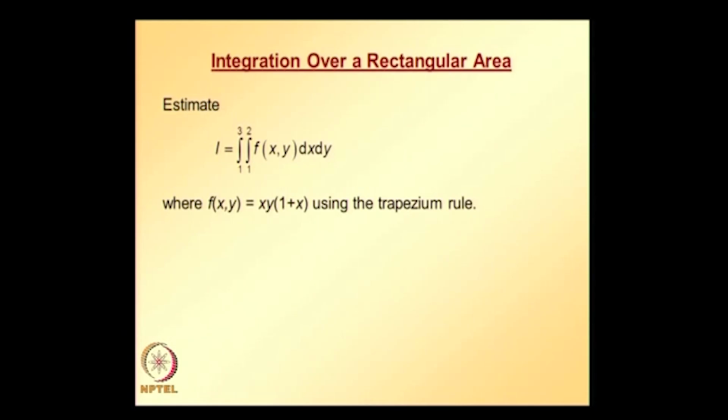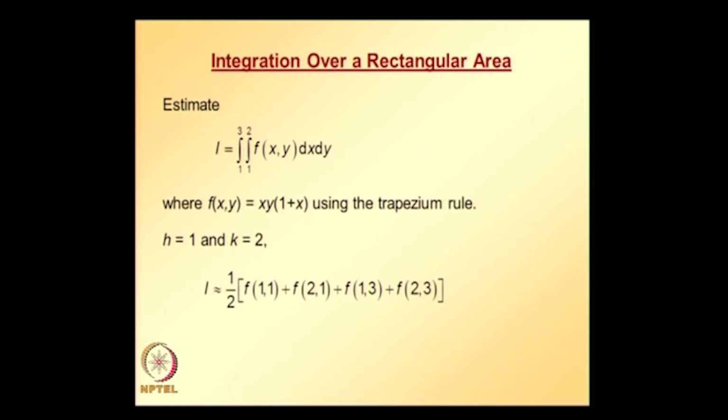So we need to apply the formula that we have just seen, that is, we need to first identify what is h and what is k. h is nothing but the distance between the upper limit and lower limit along the x direction, k is nothing but the distance between the upper limit and lower limit along the y direction. So h is equal to 1 in this case, 2 minus 1 is 1, and 3 minus 1 is 2. So h is equal to 1, k is equal to 2, and then we apply the previous formula that we have just seen, that results in